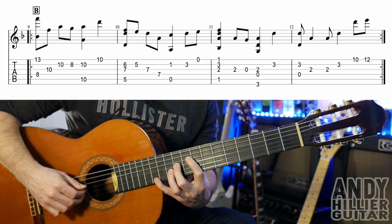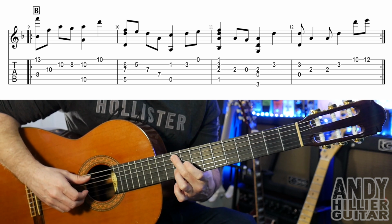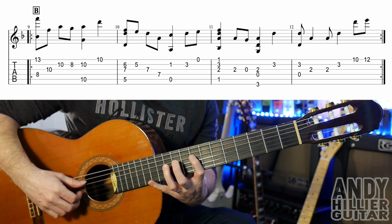And then G10, B10, B8, back to the B10 but with an A10 at the same time. Then use your little finger on E10. So you got